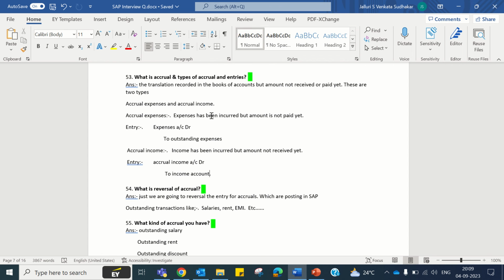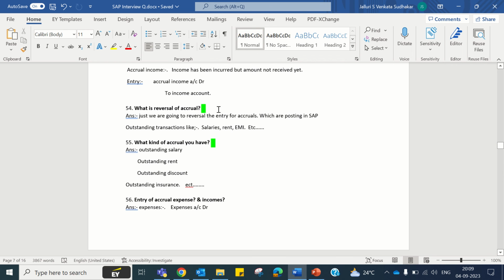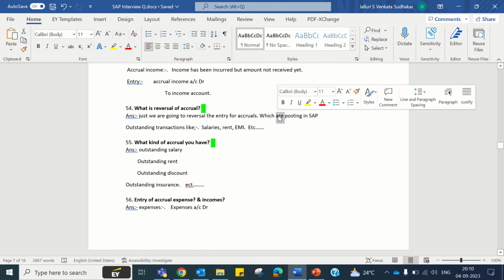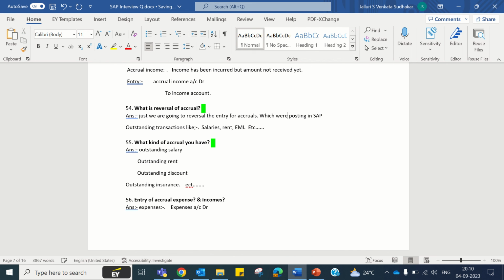Okay. So what is reverse of accrual? We are going to reverse the entry for accruals which are posted in SAP. So previous month accruals, we reverse them this month. So they are talking about those, which were posted in SAP